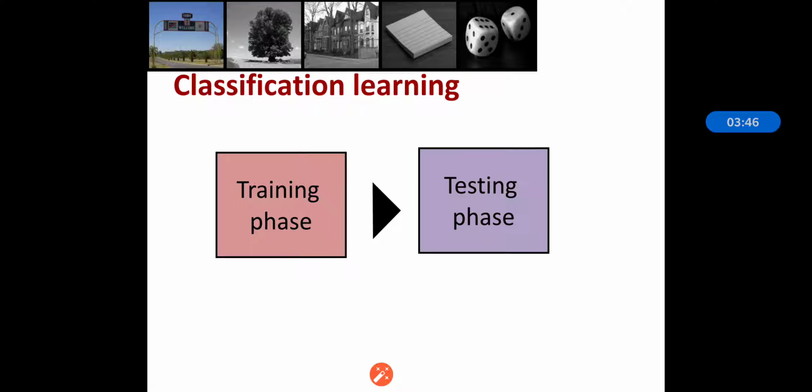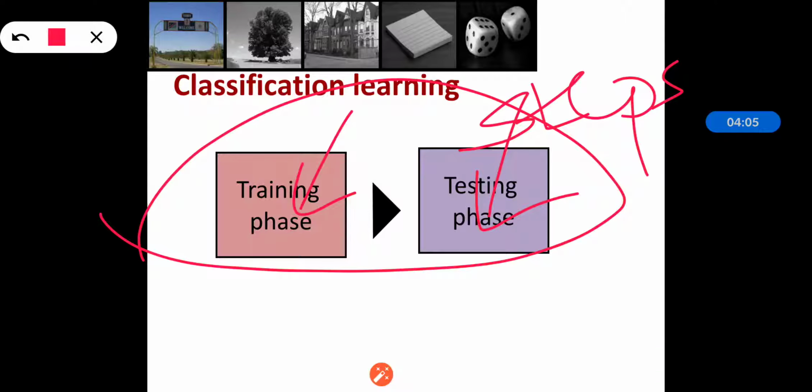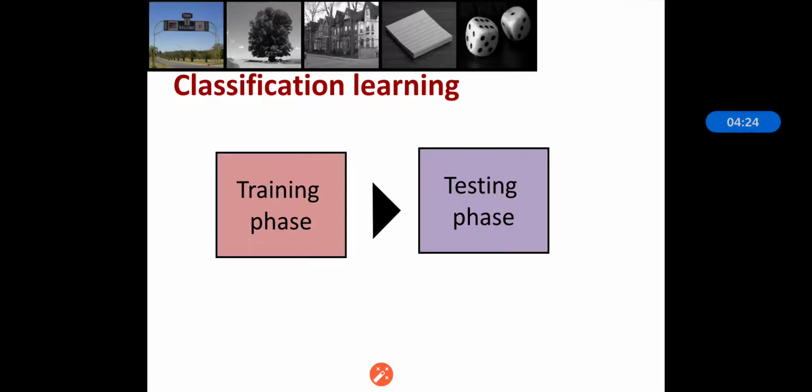Now we will see classification learning. In classification learning, two things are very important. I should say, instead of types, the steps or phases. These are the two phases or steps, that is training and testing. Training means whatever data set we are having, we are labeling that data set, and we are saying that this is nothing but the ground truth value. These are the observations which we have made on the existing data set, and that will be used in the testing phase, that is the training and testing concept.